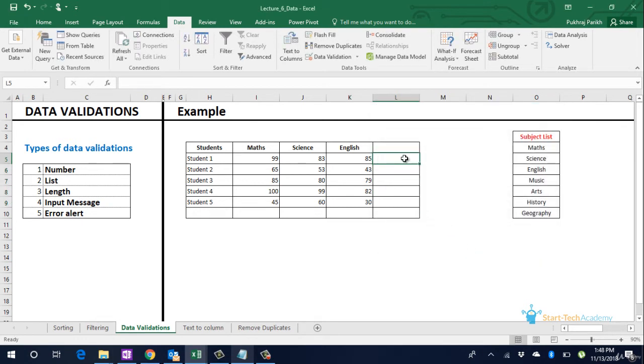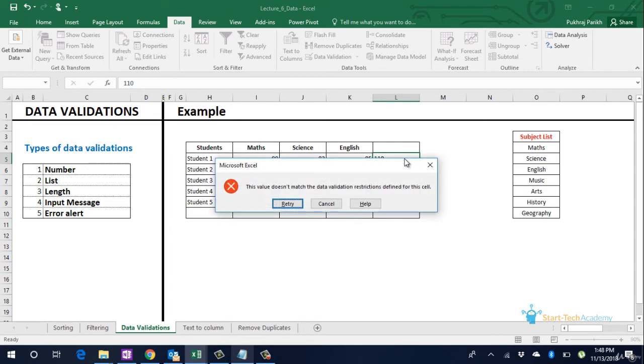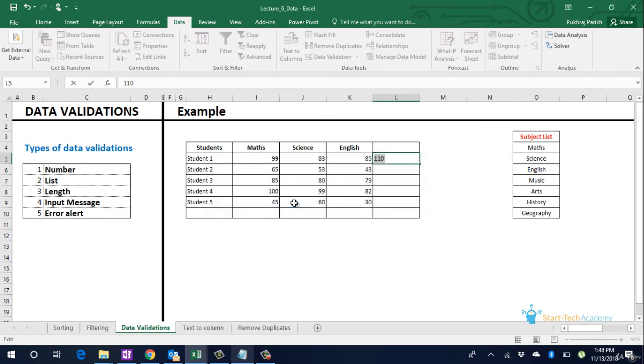Click on OK. Now whenever we will try adding a larger number, it will give us some error message. Let us see. Excel is giving us this error which says this value does not match the data validation restrictions defined for this cell. If we retry and enter a genuine number, that will be allowed.